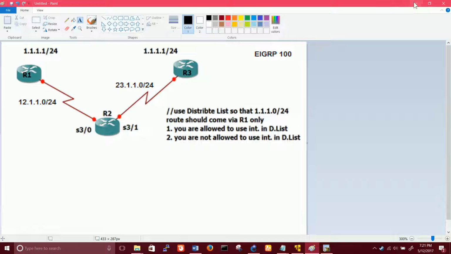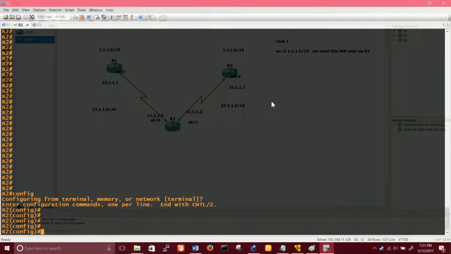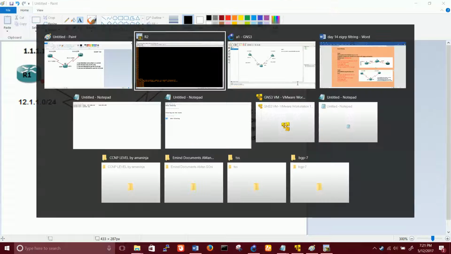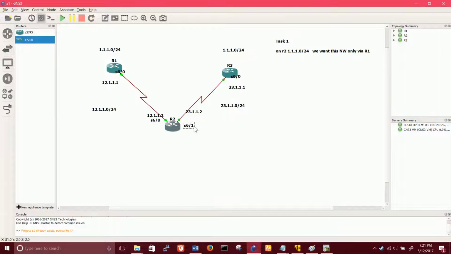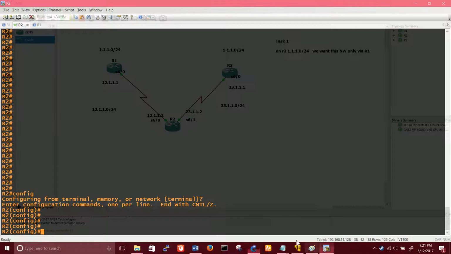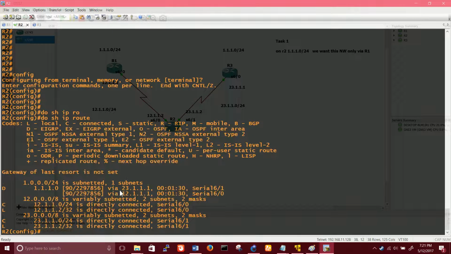We will use a standard ACL to do the filtering, and apply the distribute list on this interface right here in the incoming direction. It should do the filtering from here, and in the routing table, this network should come only via this side. Right now what's happening? Do show IP route, it is coming from both sides, from 12.111 and from 23.111.